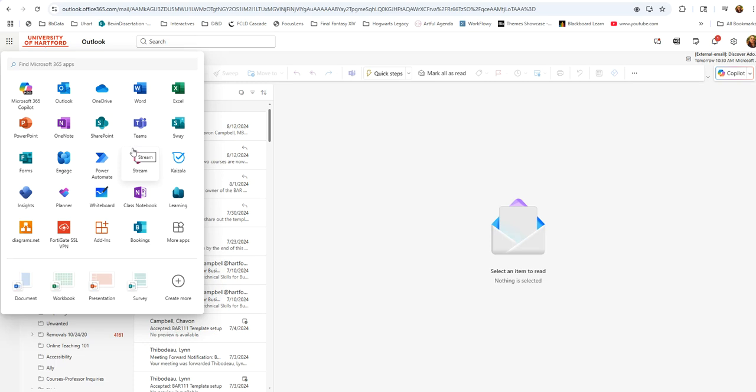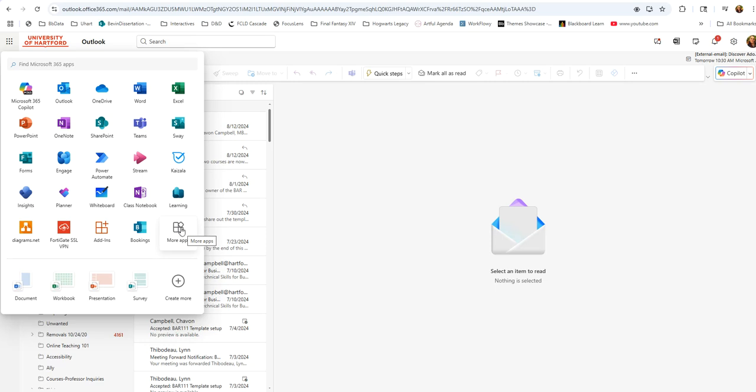But there's going to be some times when you're going to need the downloaded version of the apps, and we provide that for you for free here at the University of Hartford. The online versions are kind of limited in some functionalities. There's going to be some functions that you're going to want to do in the downloaded app versions versus the online app. So if you're ever having problems with the online app, I recommend before you start the semester downloading the